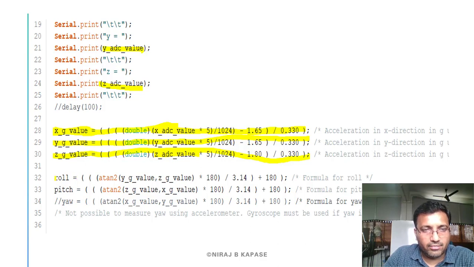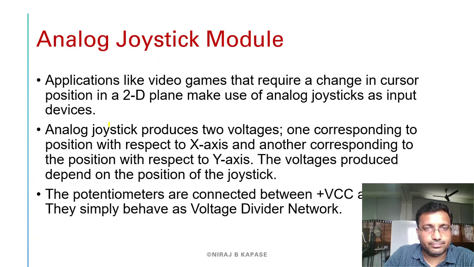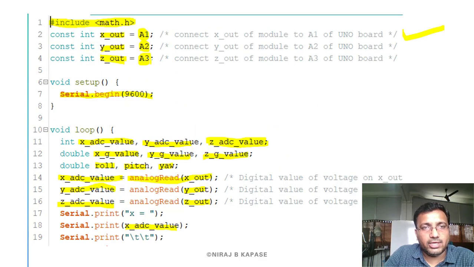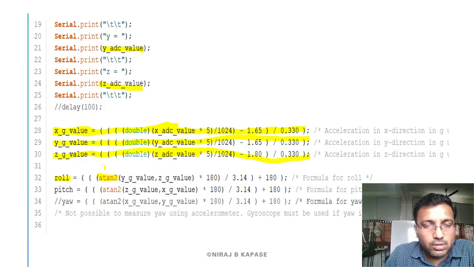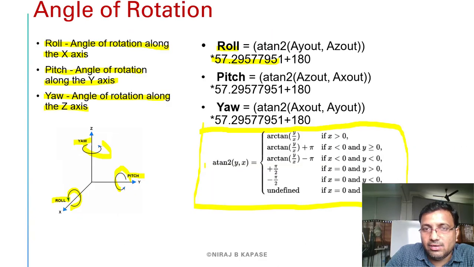For that we are using atan2. atan2 is a function. Automatically you will get this particular function from math.h. This function is already defined there, no need to write it. That's why I told you, whenever you are importing some APIs in the code, no need to write the full programming. The only thing we need to do is implement this using the particular equation.